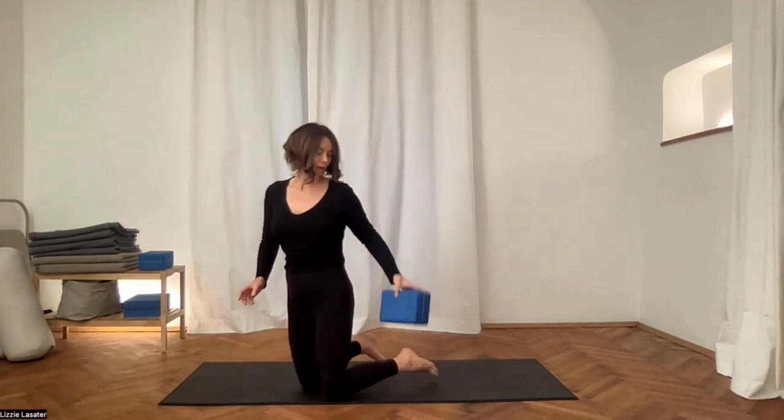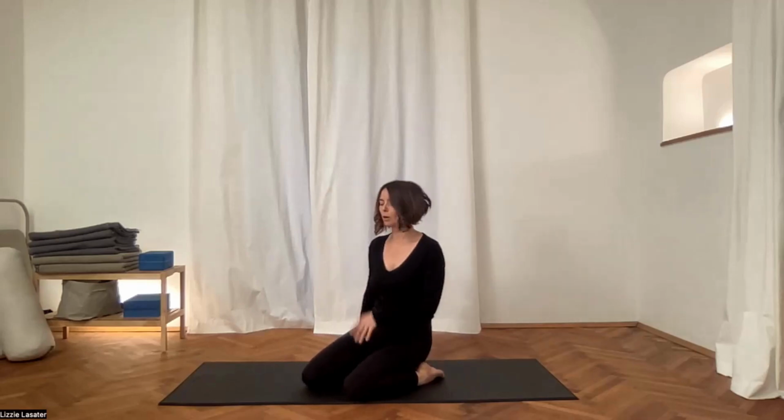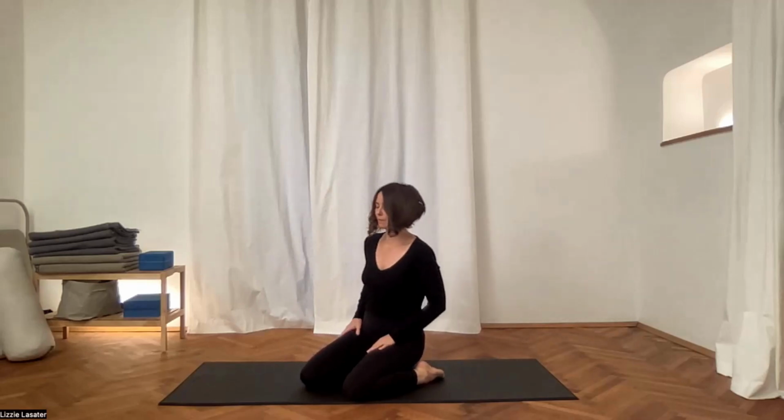Inhale, come up. Take a comfortable seated position. I'm going to sit in Virasana on a block like this. My knees are open. You could be cross-legged. You could be sitting in a chair. We're just going to sit for a couple minutes here as we transition between the first and the second half